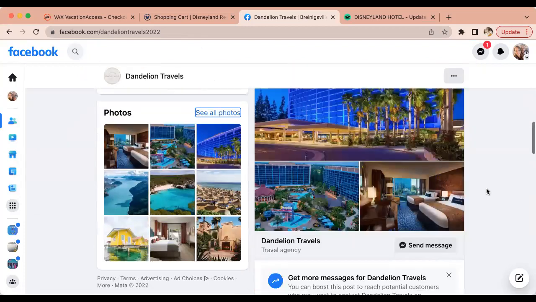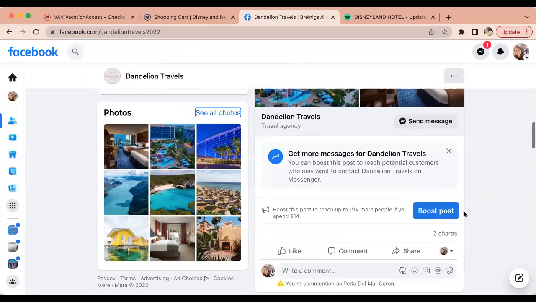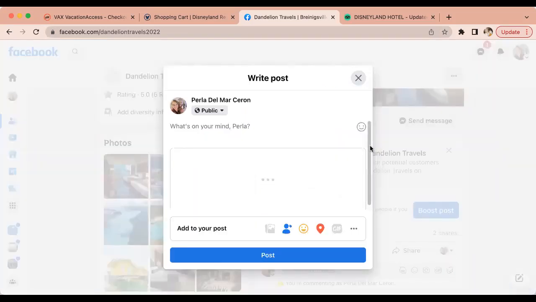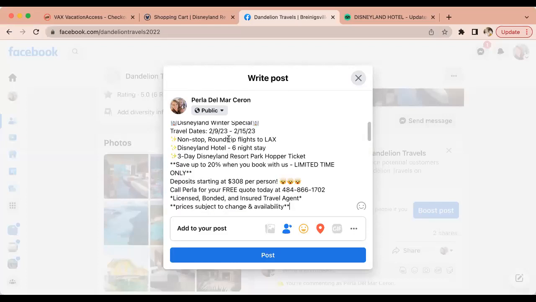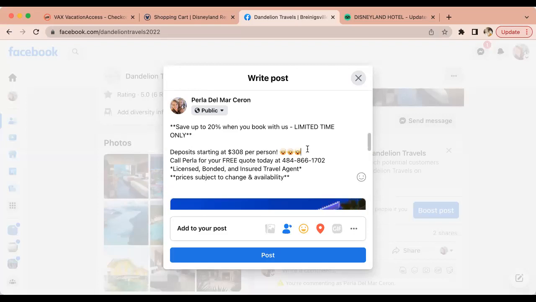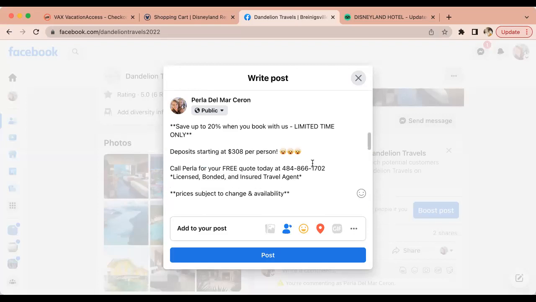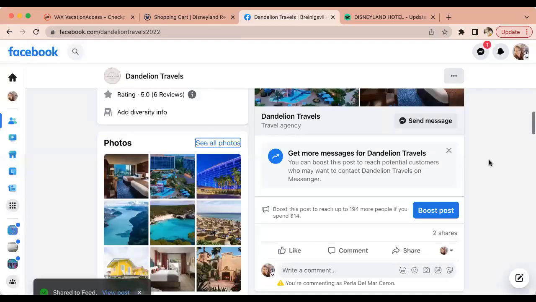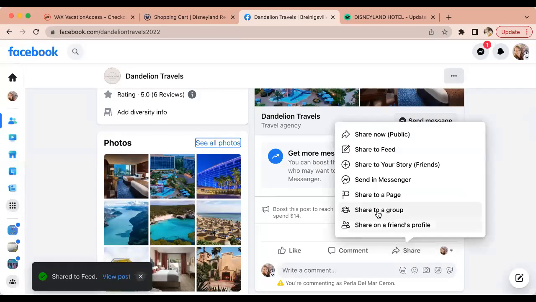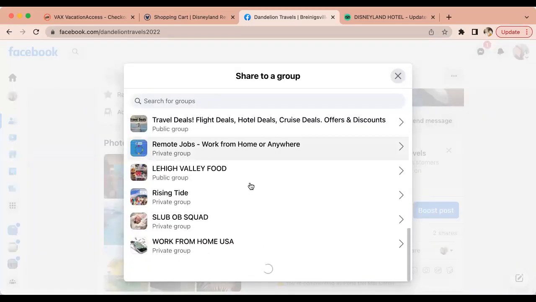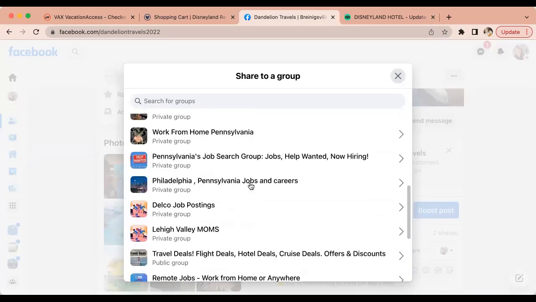So now I'm going to share it as myself. I'm acting as myself. So here's my head right here. I'm going to hit share and share it to my feed. So now all of my 700 and some friends will see it. Okay, so more exposure. I'll share it on my feed, and then I'll share it into some groups as myself. I'm a part of a bunch of groups. Obviously, it's just going to keep loading and loading and loading. But